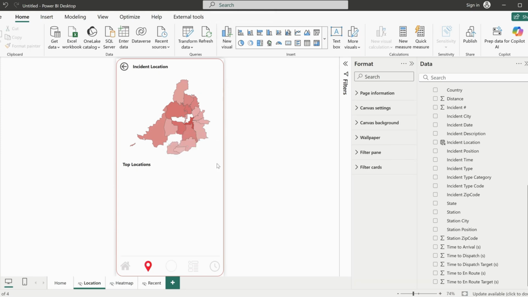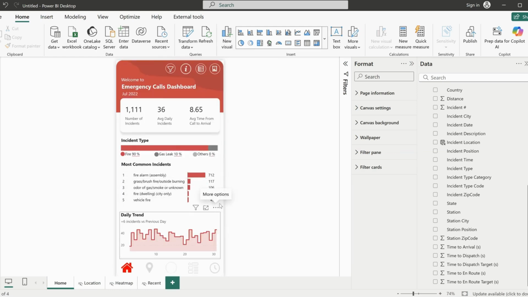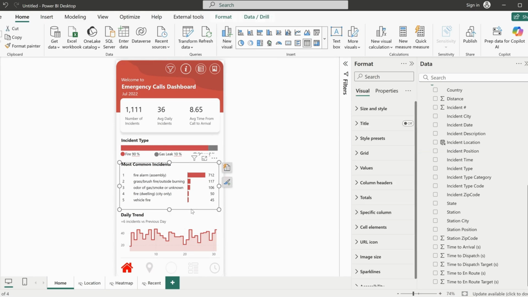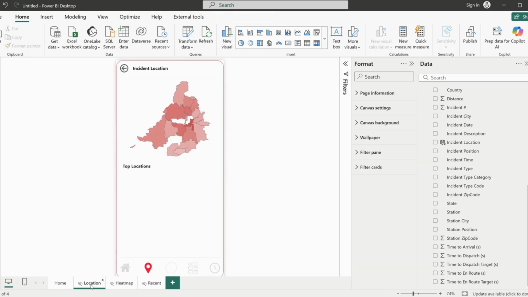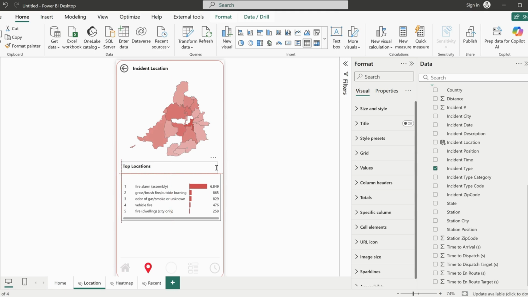So let's now add our table. So I can just go and copy this table right from here. So let's copy this, come back to location. Okay, then we can put it down here. So top location, then bring it down. Okay, so now what I want to do here